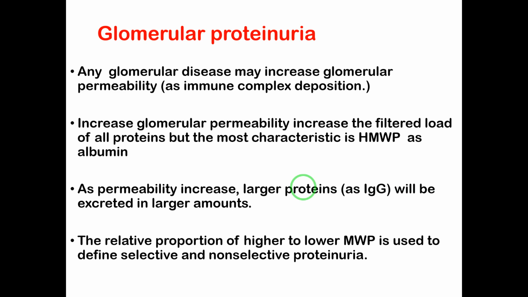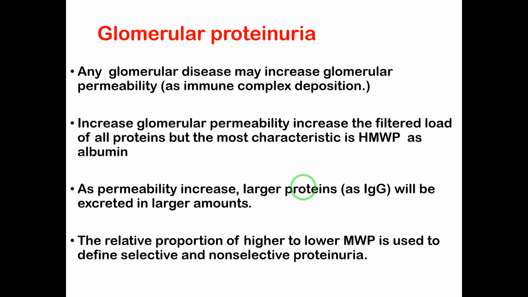In case of glomerular proteinuria, from its name, it means that the defect is in the glomerulus. It could be any pathology that leads to alteration, for example, in the pore size or in the charge, that allows the passage of the protein, and it's characterized by the passage of high molecular weight protein. Glomerular proteinuria can be differentiated from other types of proteinuria by the passage of high molecular weight protein. Examples are albumin and immunoglobulin, and there will be a